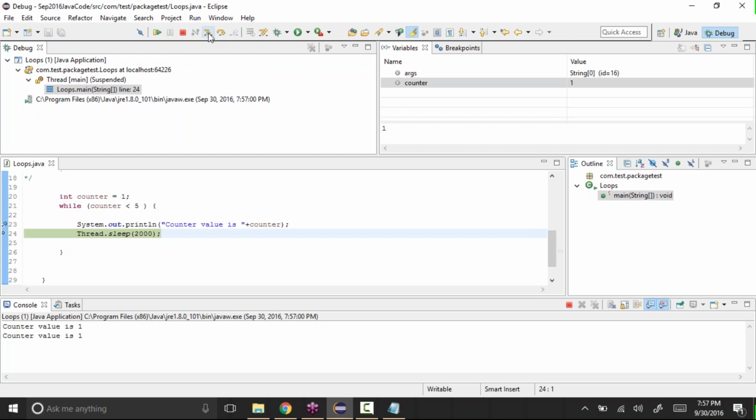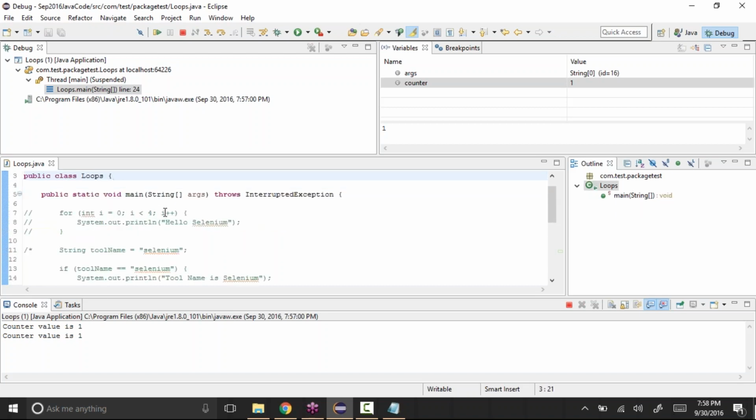This is the only difference between the for loop and the while loop. With the for loop, you are giving the i++ here. With this i++, whenever it executes, the counter value, or the i value, or whichever variable you are using, will be incremented by 1.